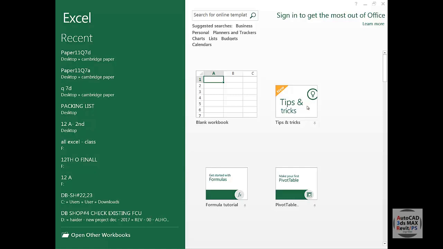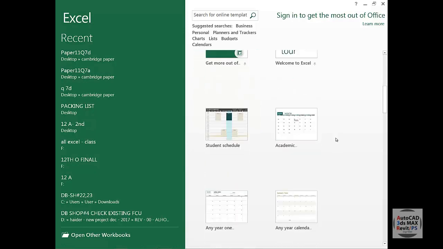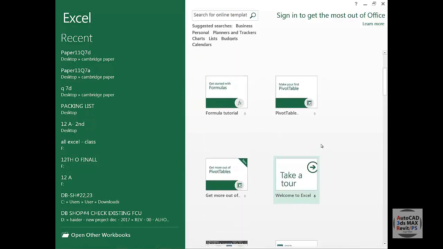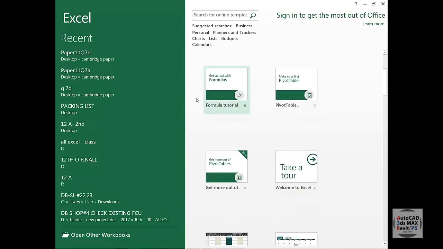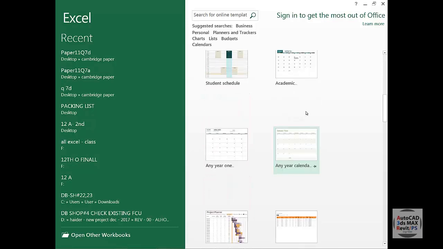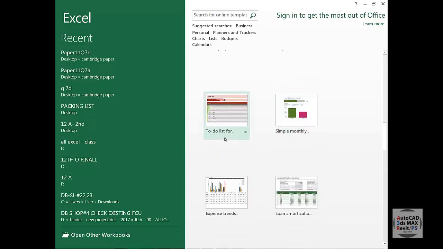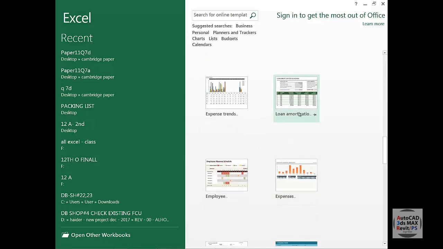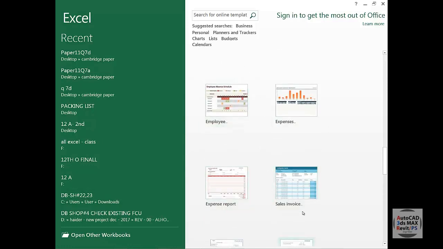Now in Microsoft Excel, it wants you to choose whether you want to go for a blank workbook or a template. You have different templates in Microsoft Excel. For example, something related to student schedule, academic, monthly expenses, loan, employee, sales.